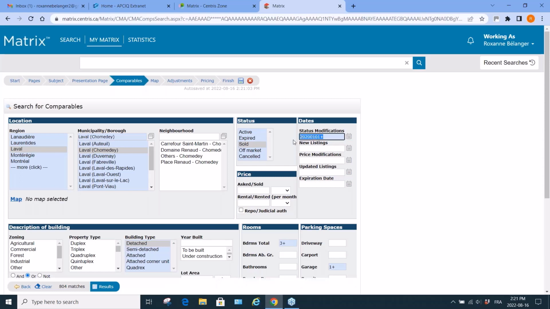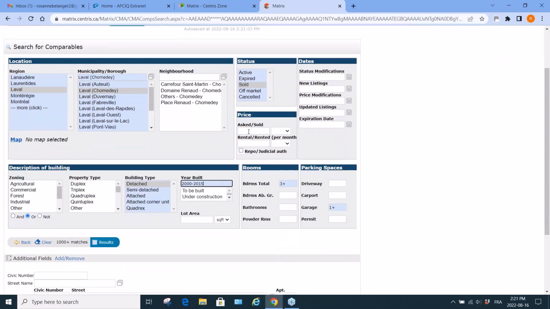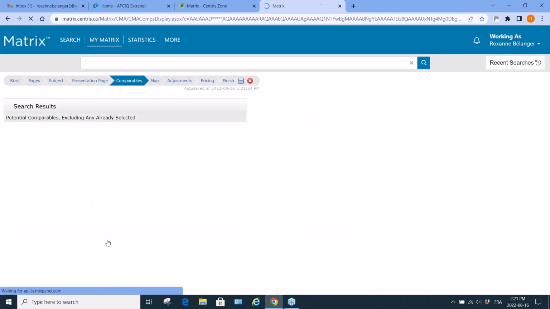And we're going to say, this was, I think, if we recall, construction 2000 to 2015. And obviously, we're going to look at $800,000 and more. We're down to 132 matches. And we're going to specify that it's a 2-story home. And that is detached. And see what the results are. There's 99, there's a lot of them, but